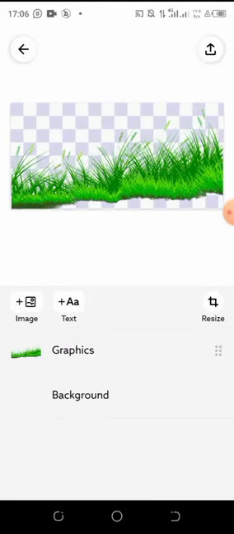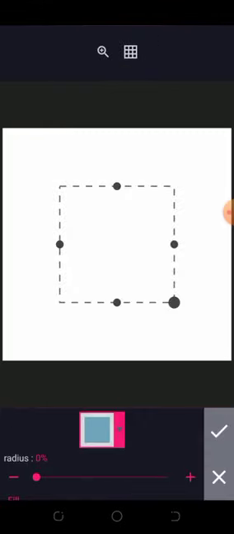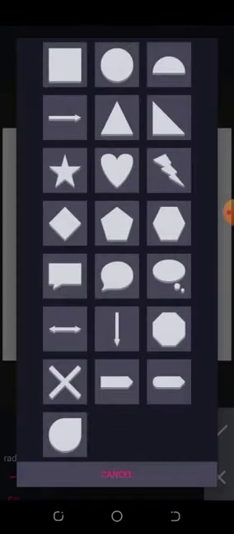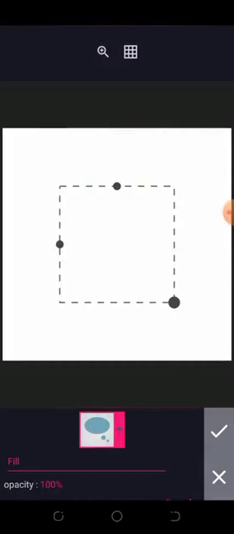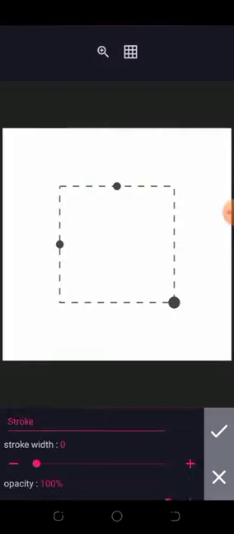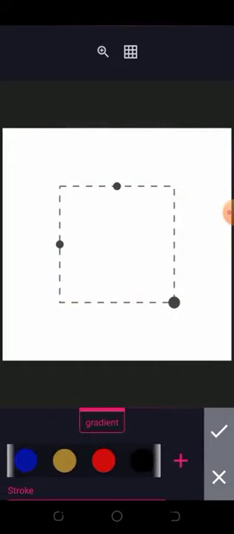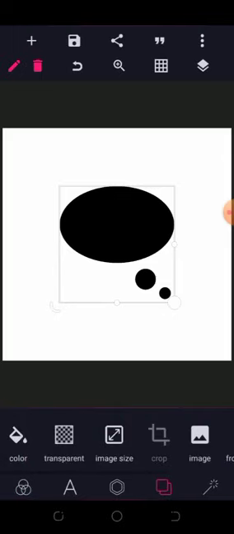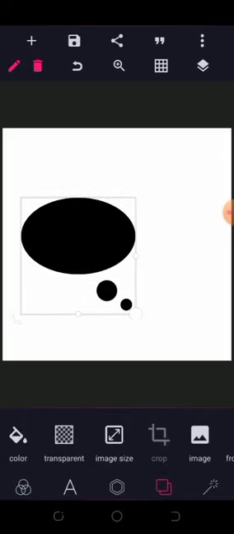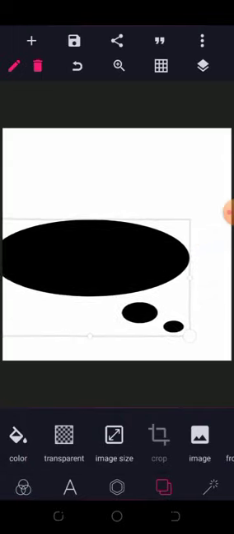Then we'll go over to our Pixel Lab and start designing our image. All right, first thing I want to do here is to bring in a shape. So I'm going to go to the shape options and select this image. All right, and then I'm going to give it the color black. And okay, having done that, what I'm going to do here is position it, drag it this way